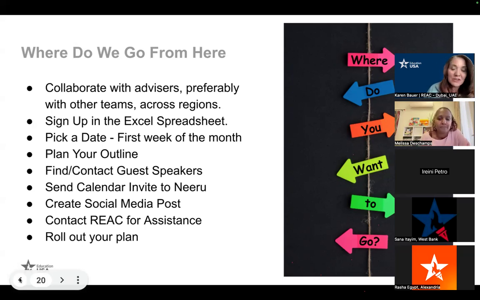It gives you one wonderful opportunity to get to know another Education USA advisor, or possibly you've met at a conference before or at a forum, and you'd like to work with someone who you've met and just didn't have an opportunity to do so. This is that opportunity to engage.